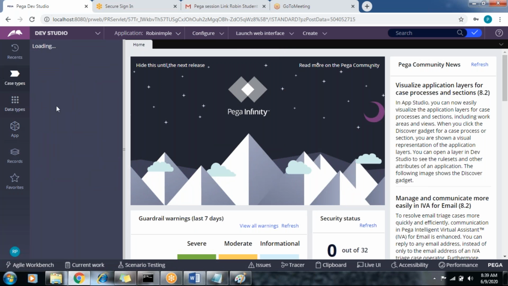Now I'm going to create one case type for this task, client side and server side.